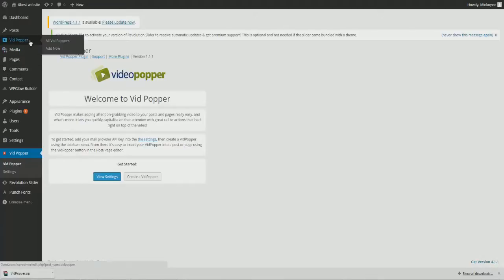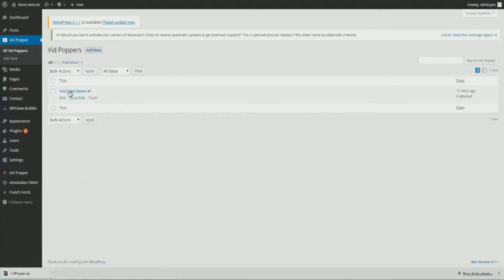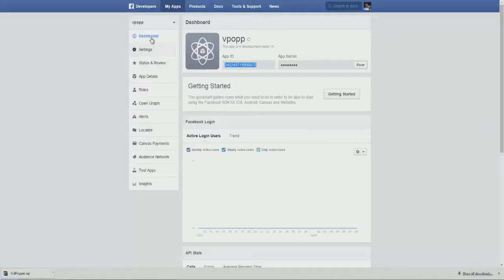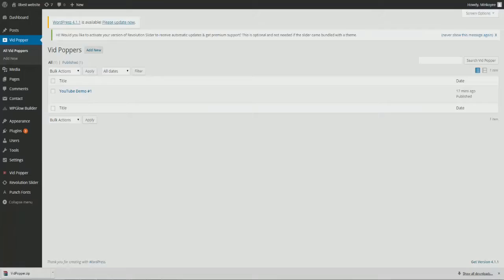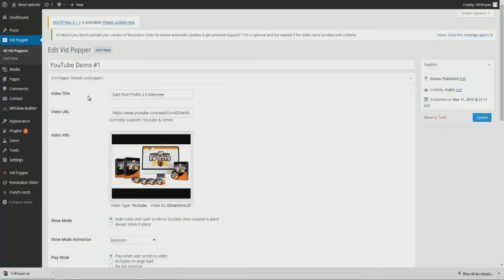If you look up here, we have the other group. This is where you're going to see the videos that you've created before. By the way, I also decided, as I was trying to figure everything out, so I quickly made a Facebook app. Again, it really took like, I don't know, a minute at most, and I really mean that, no more than that. So here's the video we created,